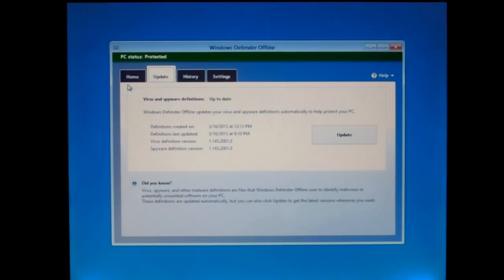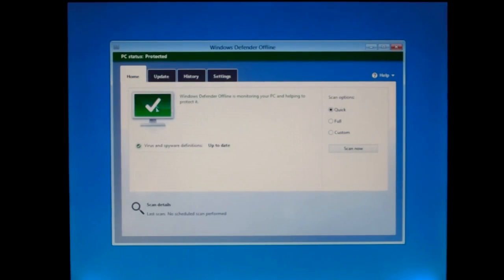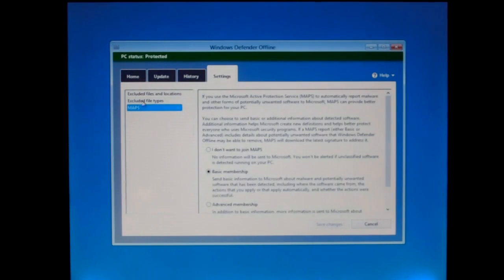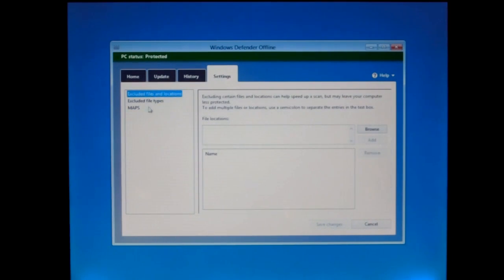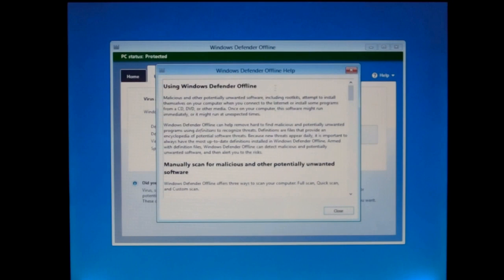So that's good. If you had burned the CD previously and then didn't run it after a couple weeks, you would probably definitely want to update. But that's kind of annoying that Windows Defender just starts doing something instead of giving you the option like this. It's just courtesy. Anyway, settings, it's a little bit trimmed down. We don't need maps membership. Stop it. Alright, so of course excluded files, file types, history, of course the updater, a little bit of help,